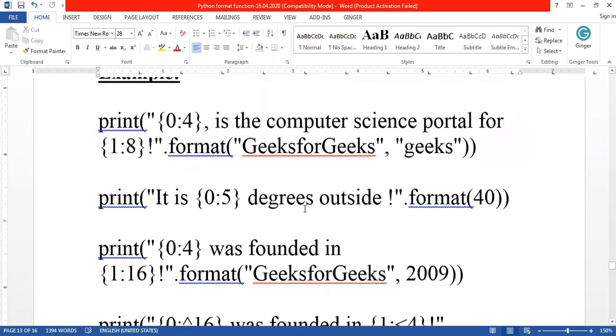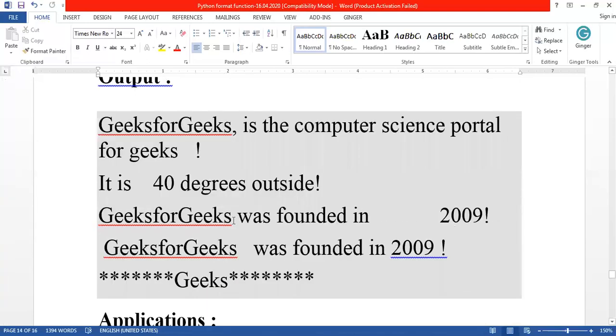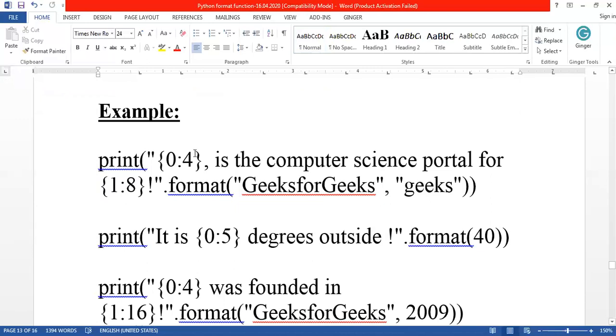Look at this example. Here, for the 0th value, 4 spaces will come here. Look at the output part first, then you can understand. Here this is a string that is replaced, and here also the string is replaced. Normally the strings are left aligned, right? Here, how many spaces will be empty for the null string? 4. Four spaces will be empty if there is any empty space.